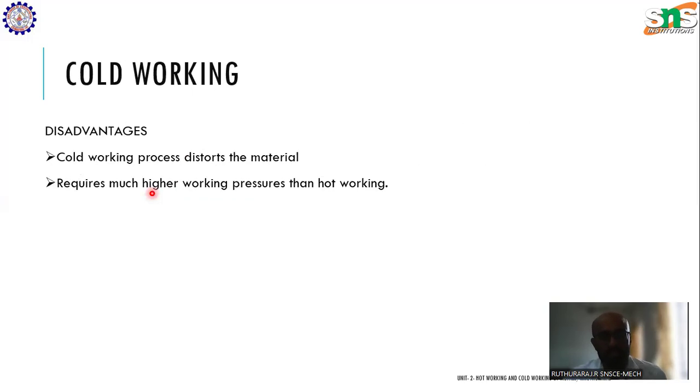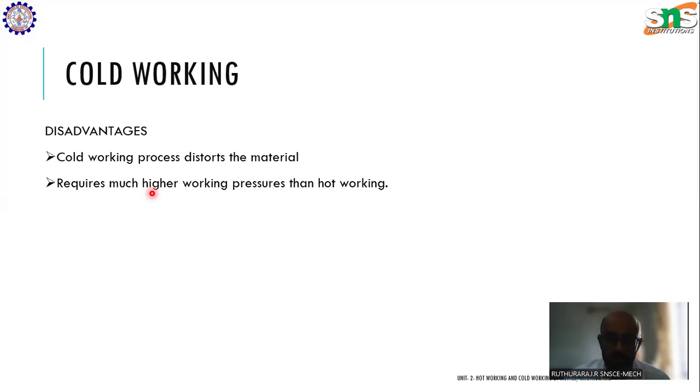So how do we maximize both hot working and cold working processes? I will give you a particular case study. Your aim is to produce a material with high strength and high hardness. That can be achieved by first subjecting the material to the hot working process. When you subject the material to hot working, first deformation happens, then new grains are formed. Those new grains improve the ductility and